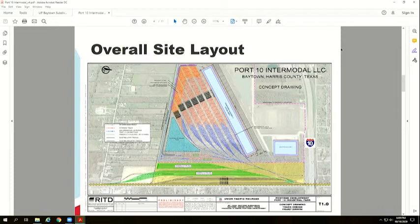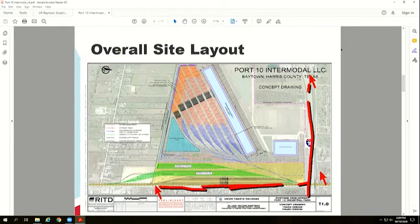John, let them know that picture has... Yes, the orientation has changed a little bit. So if you look, you'll see I-10 along, as it looks, to the east. It's to the right of your slide. And then, there you go, the Cody Yard, which is the existing Cody Rail Yard, along the bottom portion of your site. And then we're going to be discussing tonight the